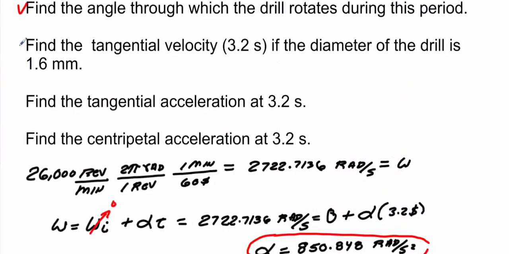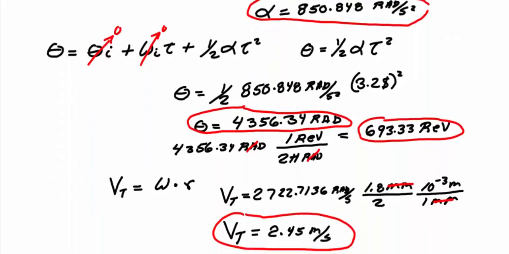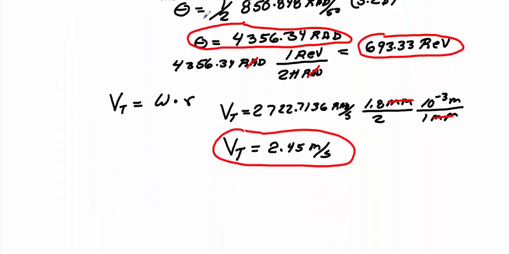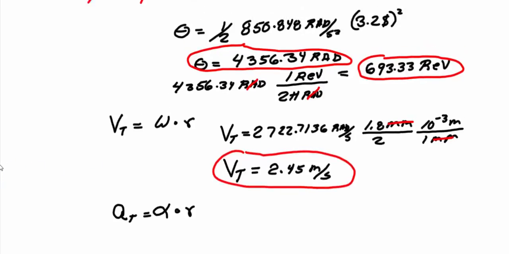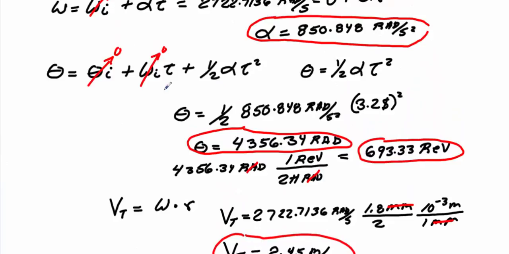Alright, so now we're down to here. We got that question. Now we want to find the tangential acceleration at 3.2 seconds. To find the tangential acceleration, we know that tangential acceleration will equal our angular acceleration times our radius. So we will go back and get our angular acceleration, and again we said our angular acceleration was 850.848